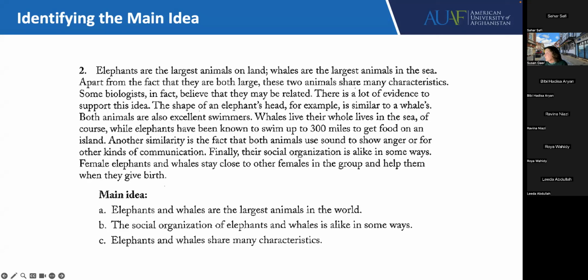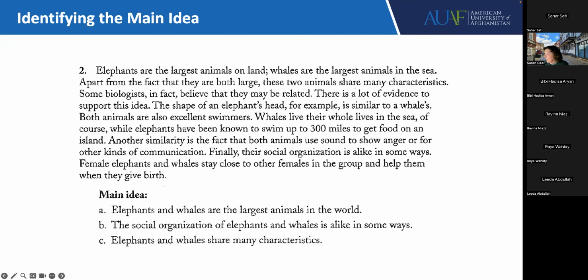Both animals are also excellent swimmers. Whales live their whole lives in the sea, of course, while elephants have been known to swim up to 300 miles to get food on an island. Another similarity is the fact that both animals use sound to show anger or for other kinds of communication. Finally, their social organization is alike in some ways. Female elephants and whales stay close to other females in the group and help them when they give birth.